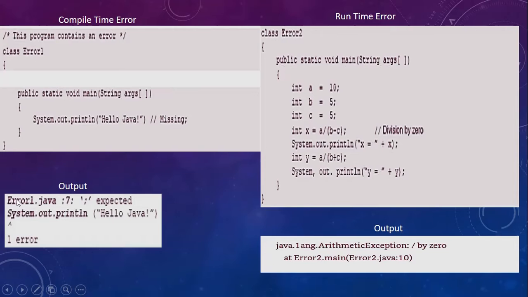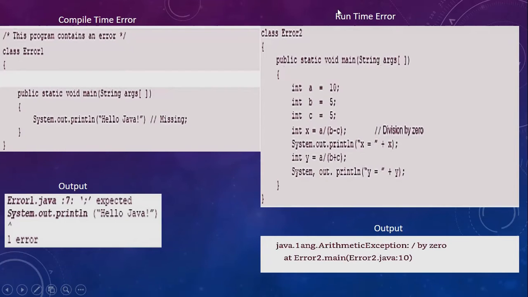This is the file currently compiled, and in this file at the seventh line, a semicolon is expected. Where exactly? It also shows you System.out.println hello Java, and next to it there should be a semicolon. So this is a compile time error which is found by the compiler itself.